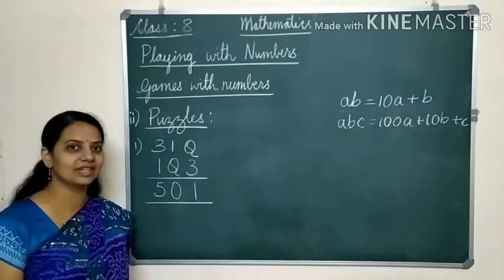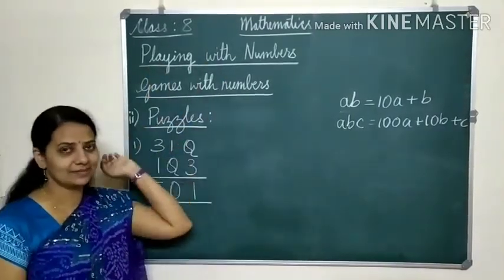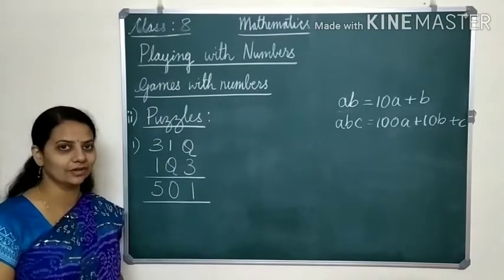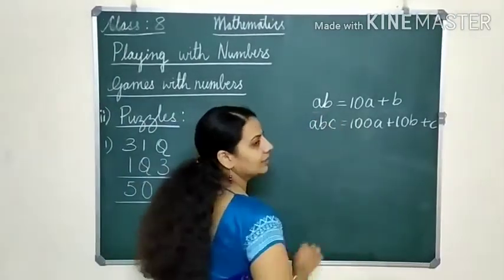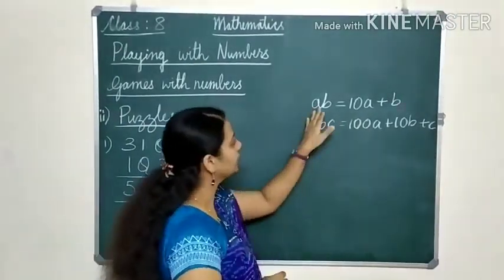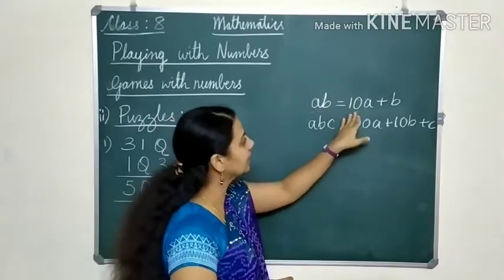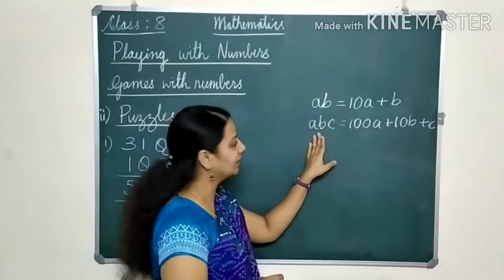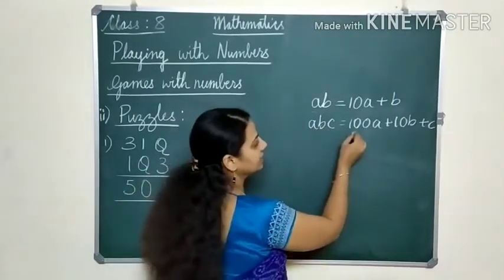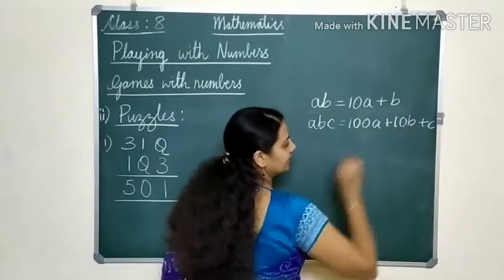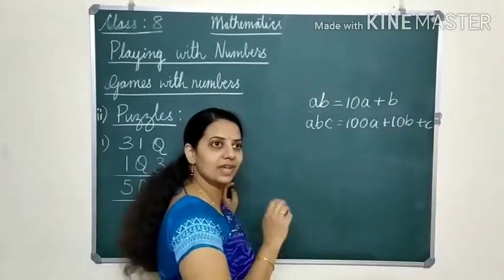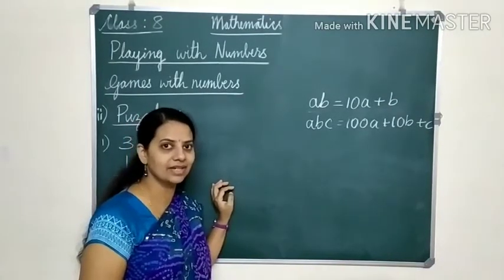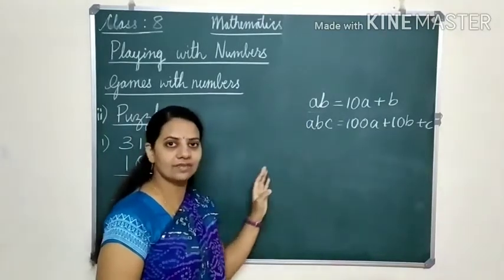We were doing the first chapter in mathematics, that is playing with numbers. Before we move on to the next subtopic, let's recall whatever we have learnt in the previous session. We have learnt the general form of writing numbers. A two-digit number, say for example AB, can be written as 10A plus B. Now a three-digit number, consider this as ABC. This can be written as 100A plus 10B plus C. We have learnt this much, and then we have learnt how to play tricks or games using these numbers, right? So for that, this general form was very helpful.